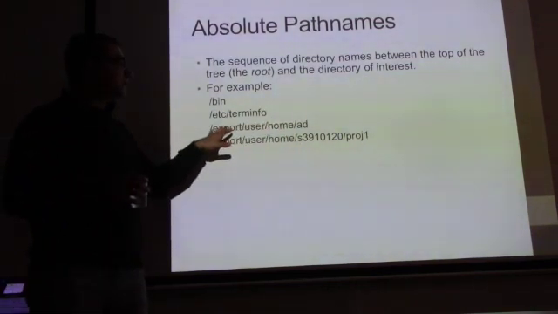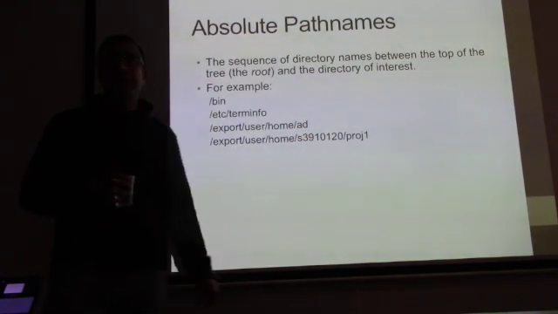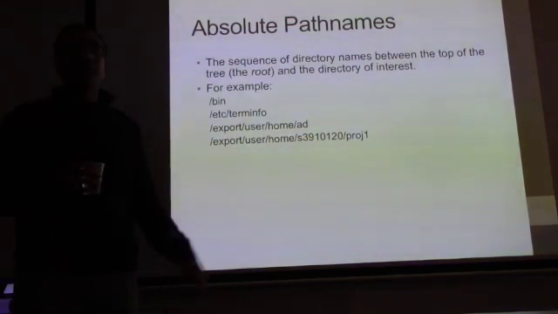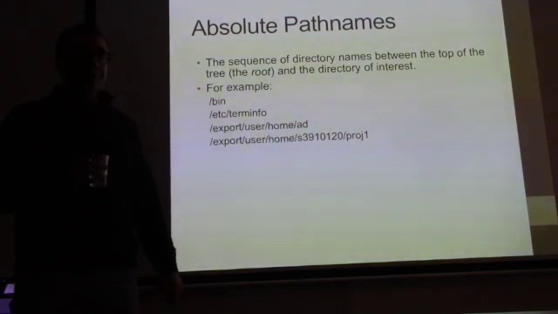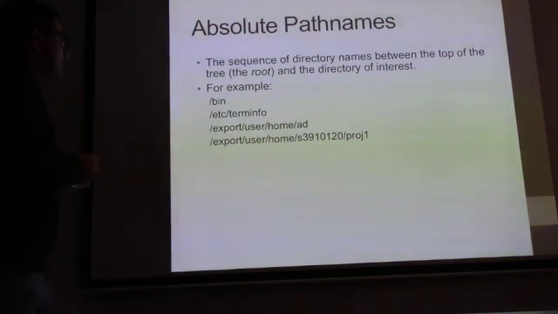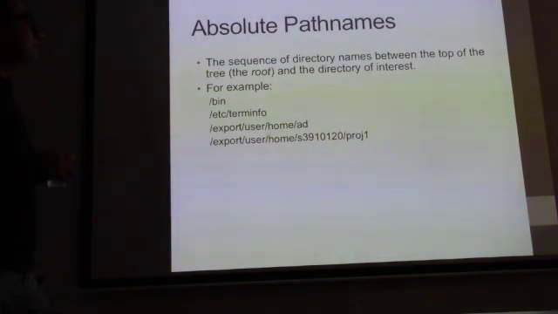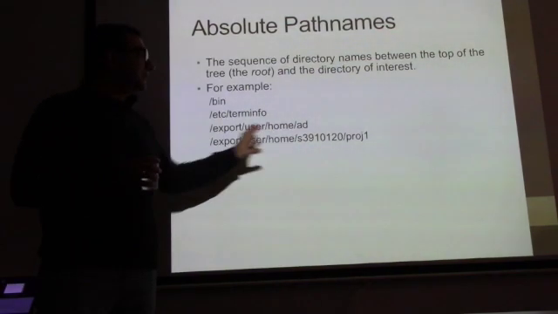These are all the directories that connect the root to this directory. That is the path. Does that make sense? Okay. When we write down everything starting from the root to that location, it's called an absolute